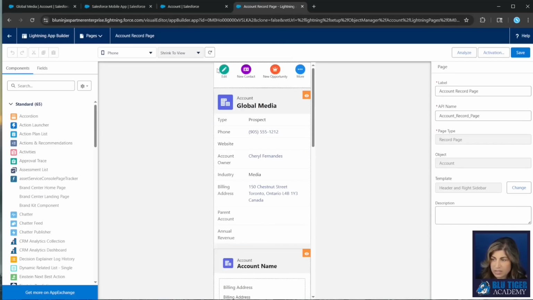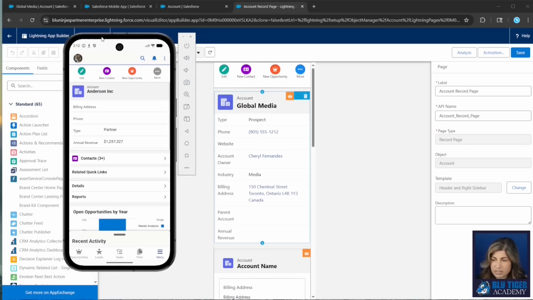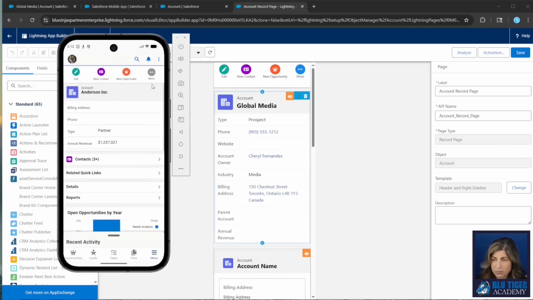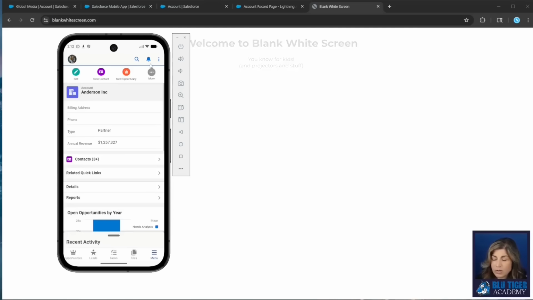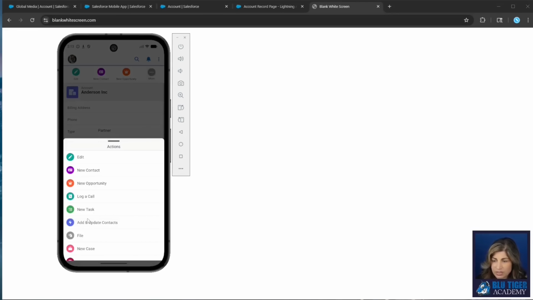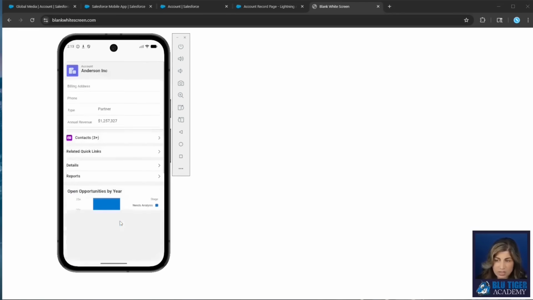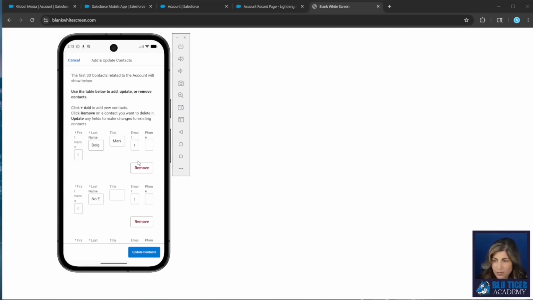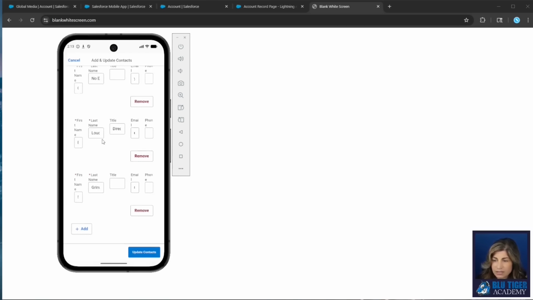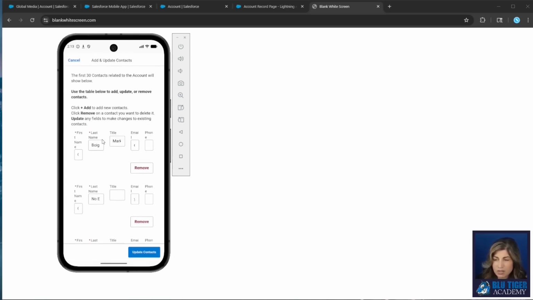All right, and then we can see our buttons have changed here, and then we can look at our mobile device and we can see our buttons have also changed here. We'd also like to demo what it looks like to use the landscape view. So we have a screen flow here that's called Add and Update Contacts that we built in a different video. And if we look at this, it allows a user to update contacts in one screen, but it looks horrible